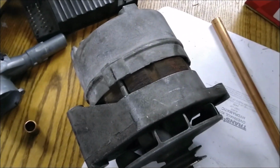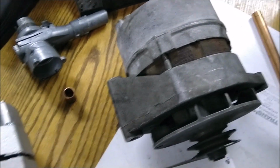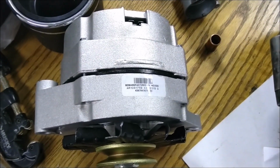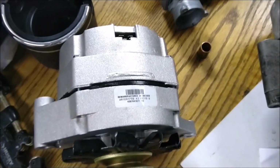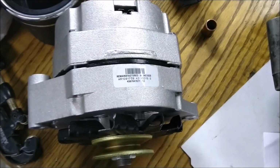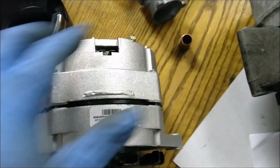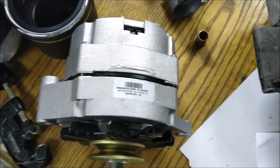Alright guys, so I took a quick trip to AutoZone, and I was able to find this Delco Remy alternator. They had it in stock. It was $50 something plus a $25 core charge, so about 75 bucks. Looks to be exactly the same one that's on my Corniche. Single wire setup with the exciter wires over here. Got to figure out how to wire all that stuff up and make it right on the